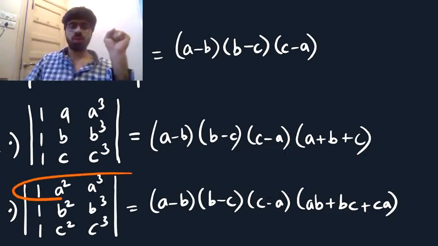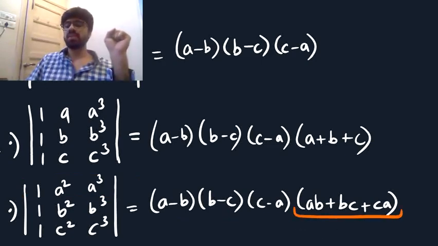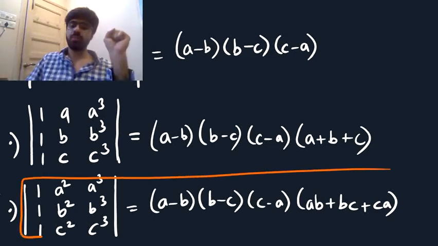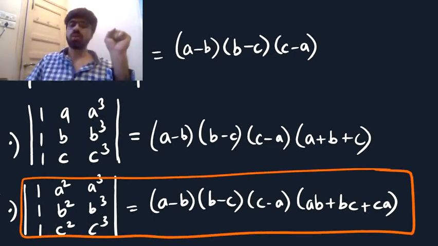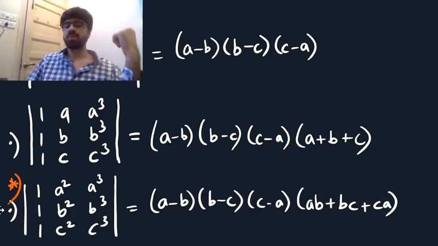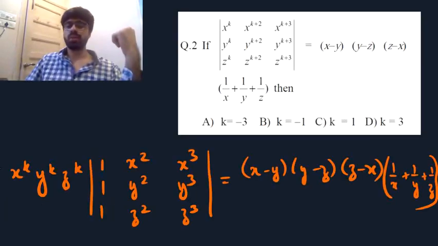And if the terms are of the type 1, a square, a cube, the determinant along with these three terms is going to contain the term ab plus bc plus ca also. Now in our question, the determinant given to us is this. How these values have come, I will expand in this particular sum and show the derivation for this determinant. For the other two determinants, the derivation will be carried out in a similar way, and you can check that derivation by working it out by yourself. For the time being, let's just answer this question.